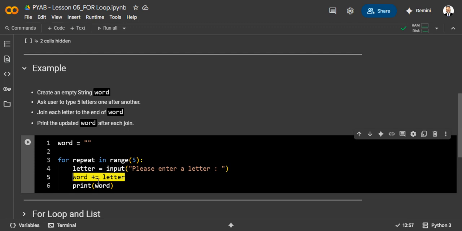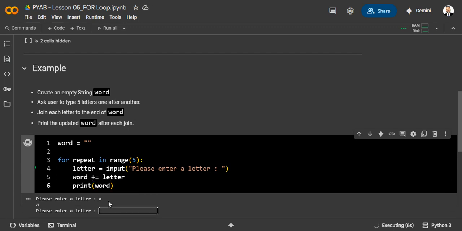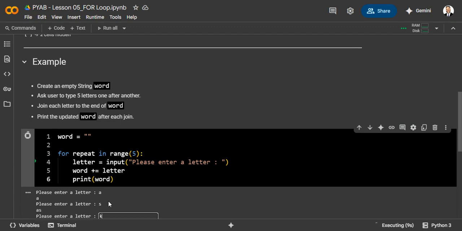Print the updated word after each join. After each join, you need to print the updated word, not at the end. That's why it goes inside the for loop. Let's run the code. So asking for a letter. So I just type anyhow. A, S, K,